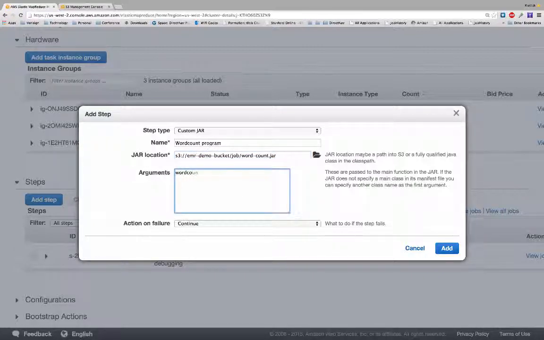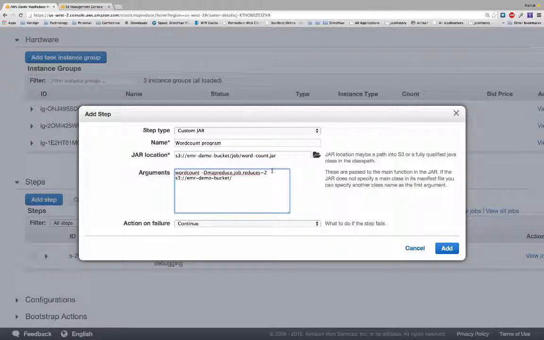Argument is word count minus D map reduce. This time I'm going to type it correctly. It's mapreduce.job.reduces equals 2,